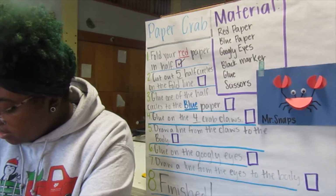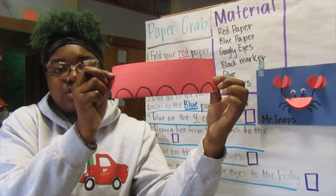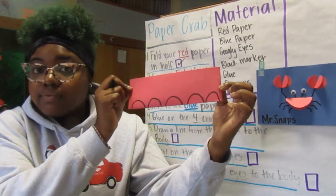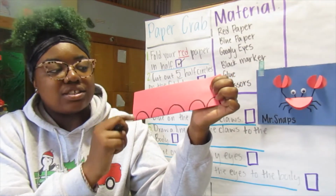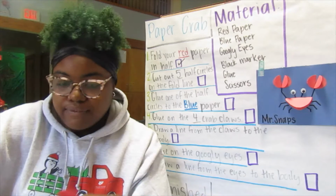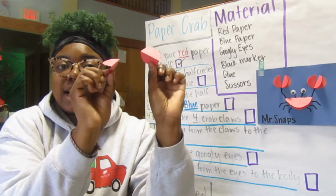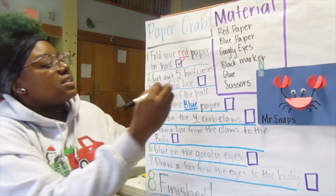So these are the 5 that I drew out. If you want to, you can freehand it, but I like to be able to have it to cut along the line. So once you cut them out, they should look a little something like this. You should have 5 of them. They can be any size that you want them to be. All right, now that we're done with that step,